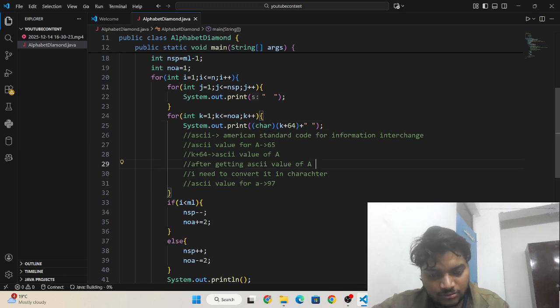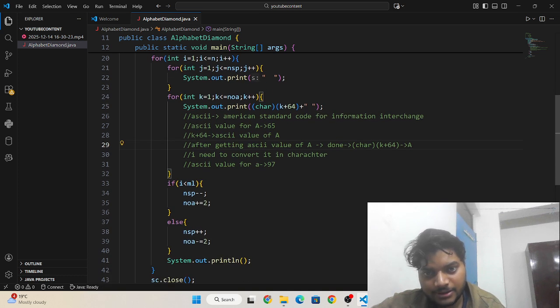This is the logic. What I have done here is char (k plus 64). It will give these things: k plus 64 is giving capital A, and it is continuing till NOE, number of elements. So I have written the logic for these things.